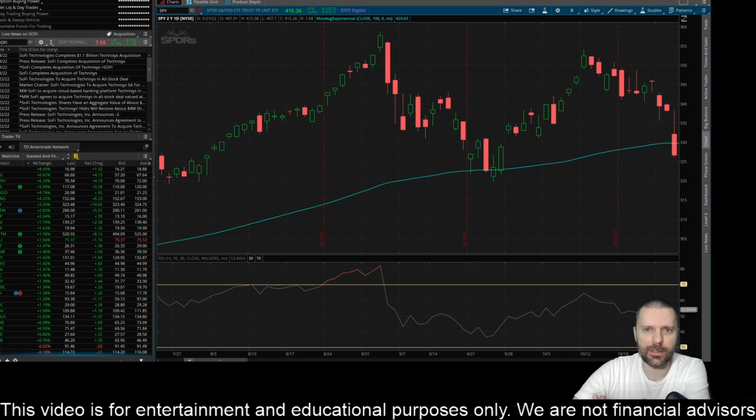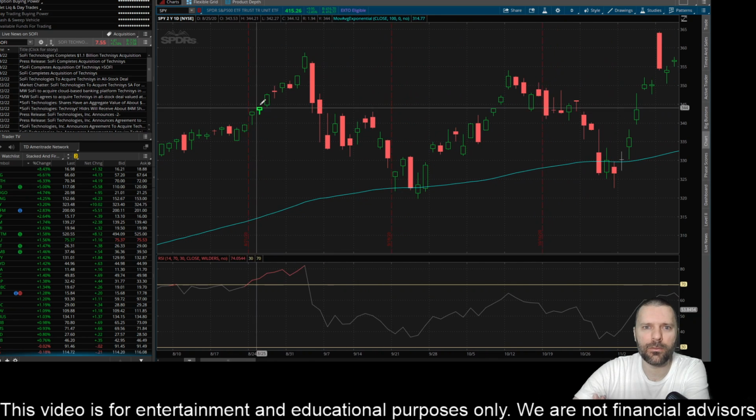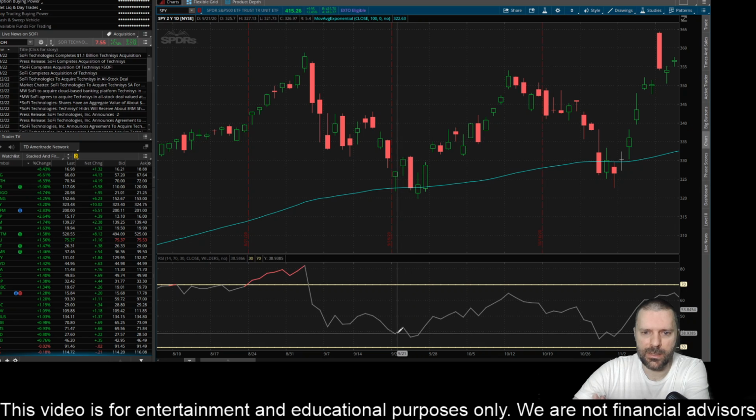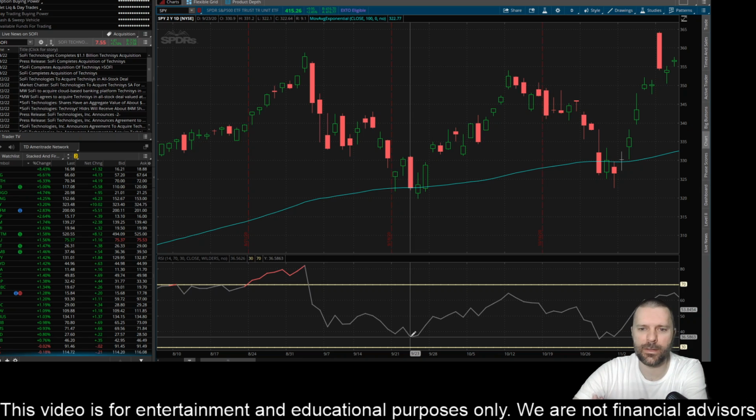So let's take a look here as we peak out around, what is this, $358, $359. Then we make a big move lower. So you start to see here SPY getting into a good RSI range. It touches around 39 here, moves up a little bit, and then touches around 36. So you're looking at SPY. The RSI is 36 here on the daily. You know this might be a good trading opportunity to go long,